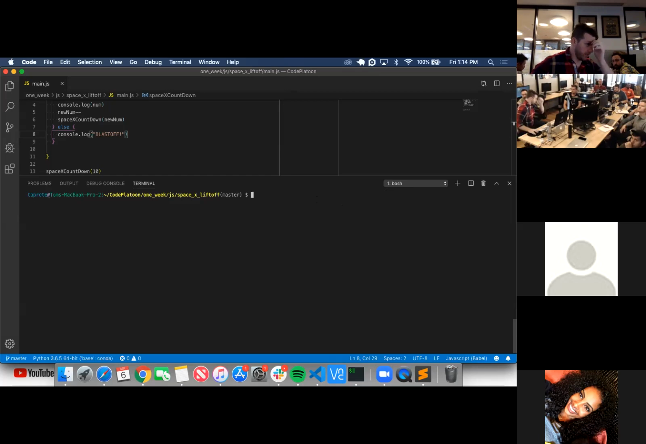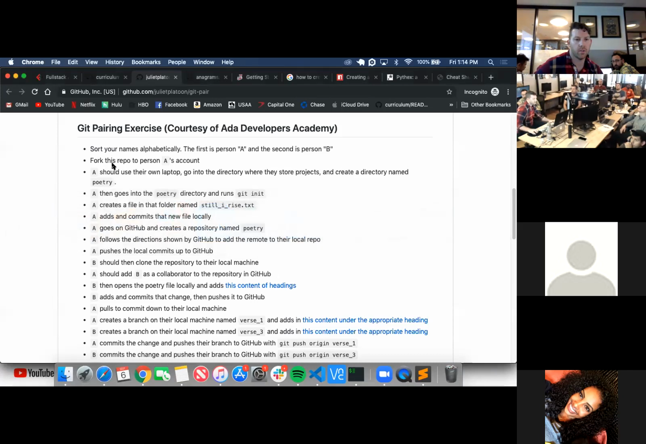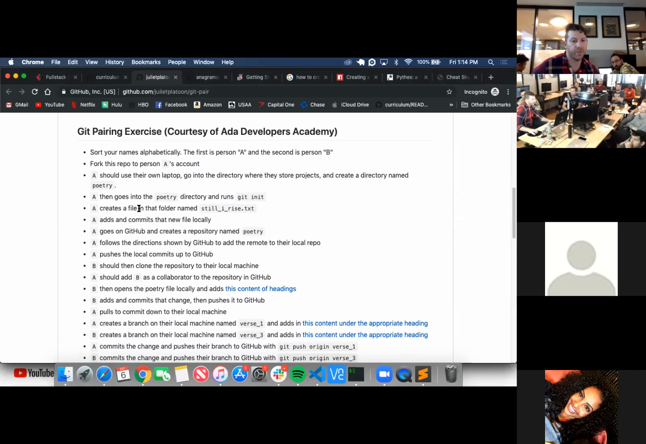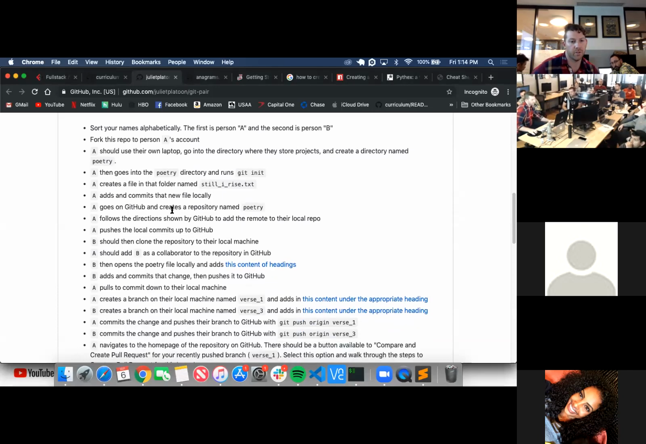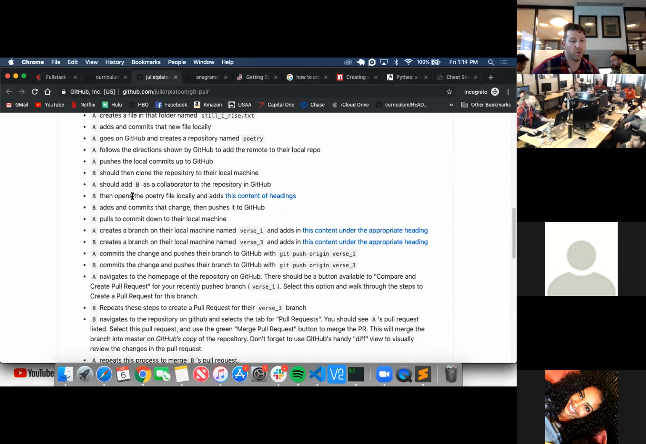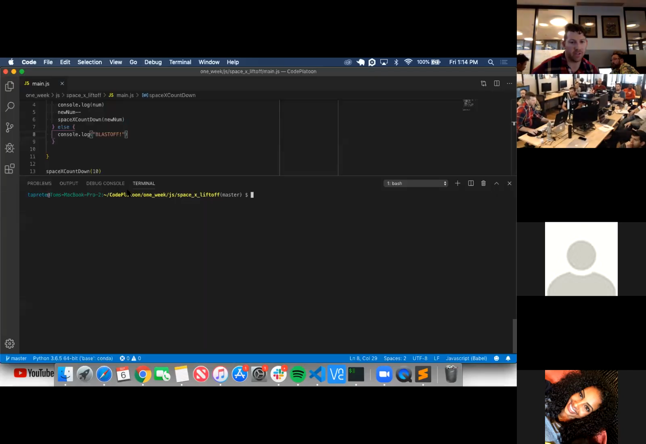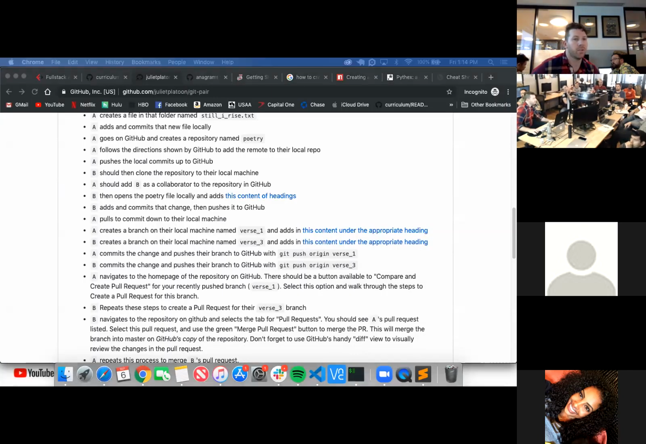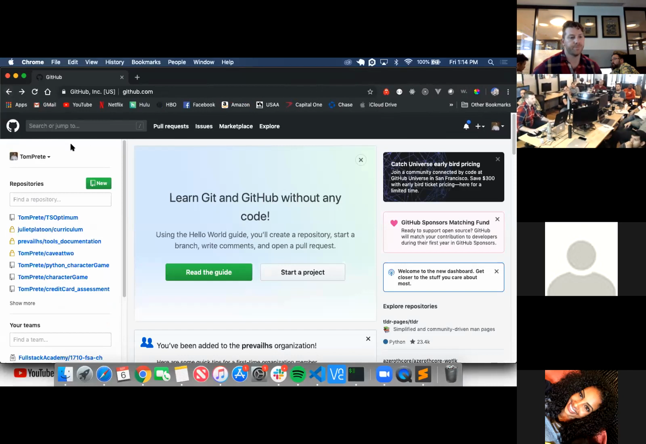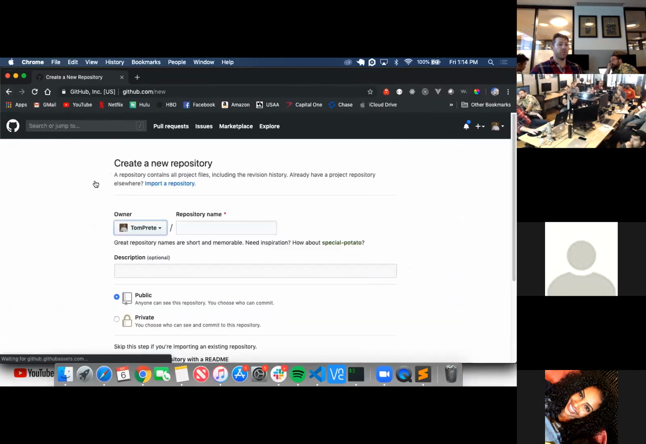In the upcoming Git pairing exercise, you're going to have to do all this. You'll git init, create a file in a folder, commit locally, and then push up to GitHub. To create a repository on GitHub, you click new. There's a couple ways you can create a new repository. You can just create new and call it a repository name,